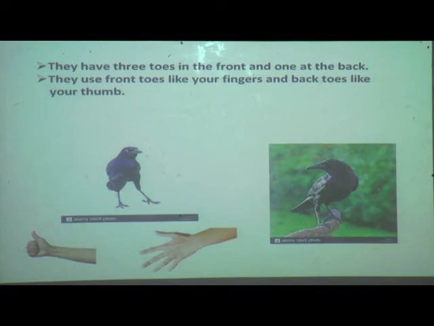Okay. So I'll repeat once again. They have 3 toes in the front and 1 at the back. They use front toes like your fingers and the back toe like your thumb. Clear? Understood? These are called perching birds. Keep in your mind, perching birds.